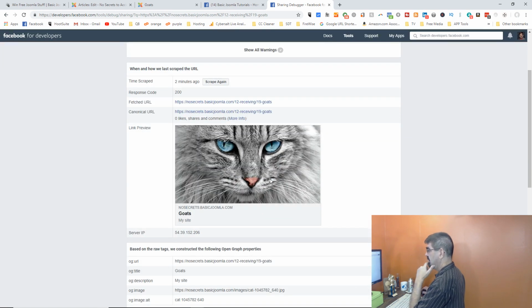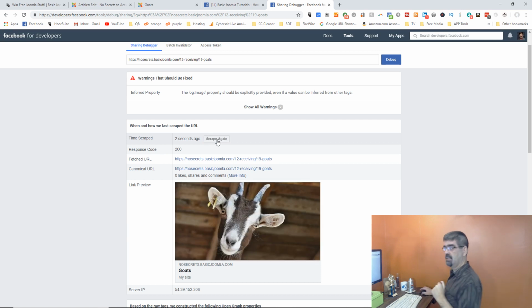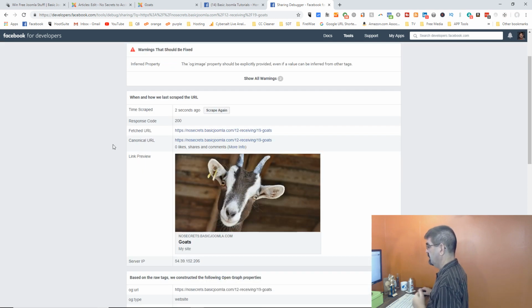So what we can tell it to do here is simply to scrape again. We're just saying, hey, have another look at that page for me, would you? When we click scrape again, does it see it yet? There we go. I had to click scrape again twice. Now it takes another look at the page and it sees the goat, which is exactly what we want,